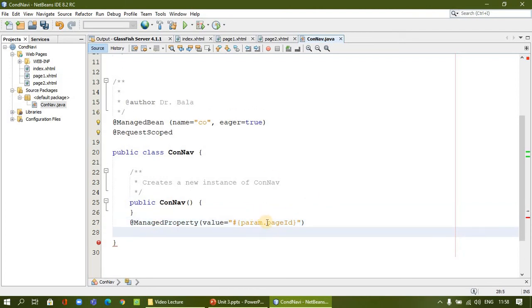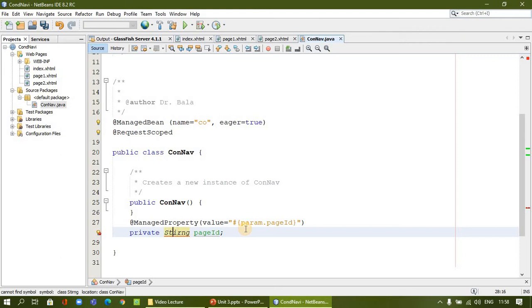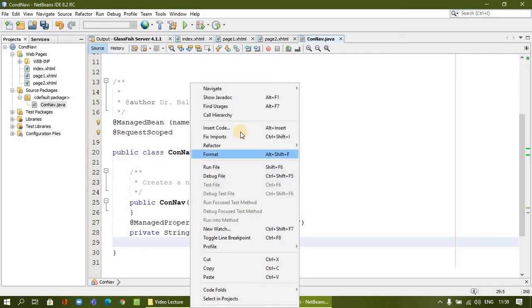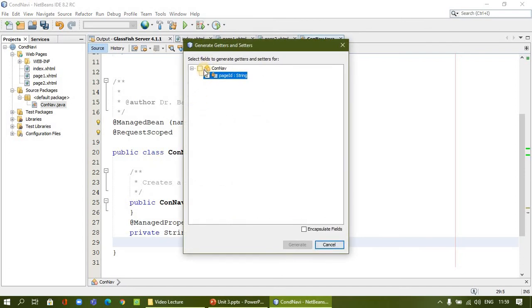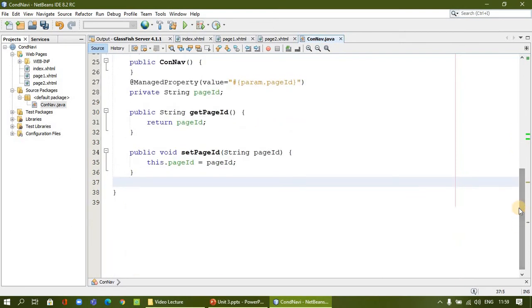After importing this, we need to assign the value to this class variable. So for that reason, we are going to have the variable declaration here, with the same name. Only then it can receive the value. Any value that is received here should be assigned through the getter and setter method. For that, right click over here and choose the getter setter method, select the variable that you have, and generate the getter setter method. So the getter and setter methods are generated here.